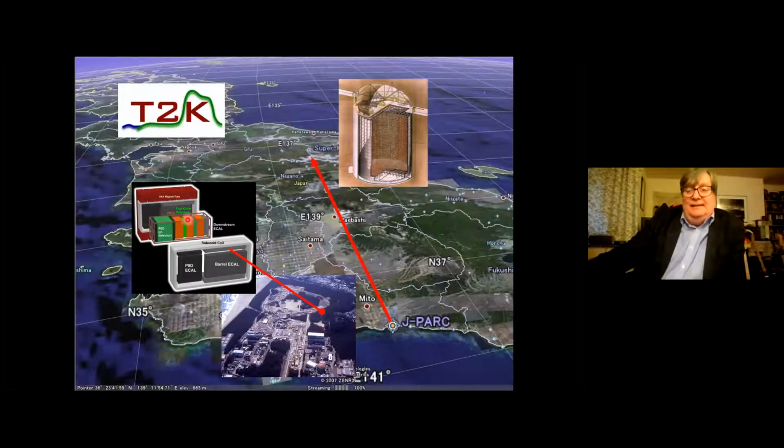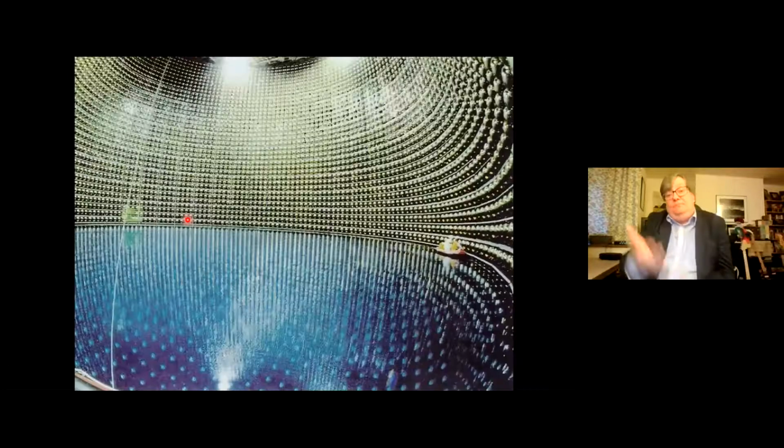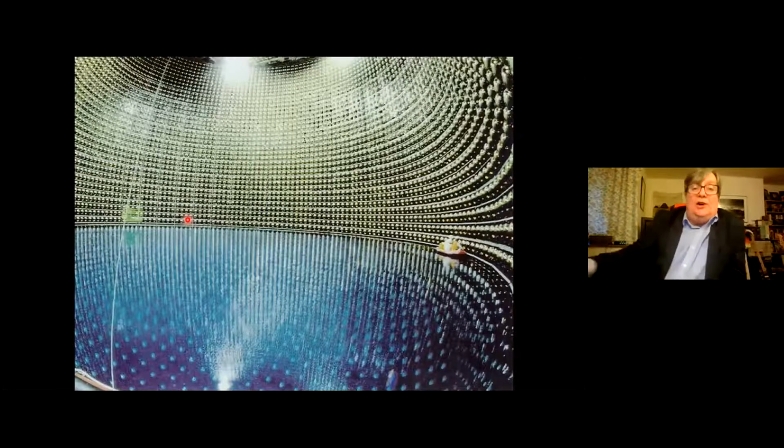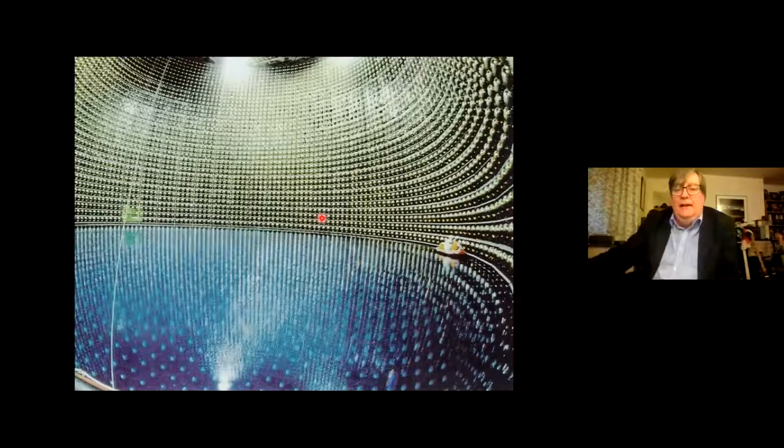The complexity of neutrino experiments is getting similar to the complexity of a collider experiment from the last generation. Okay, and then you have Super-Kamiokande, which is a giant tank filled with water, surrounded by photomultiplier tubes. These photomultiplier tubes are huge. They're 20 inches, 50 centimeters in diameter, sort of the size of an old television set. And here you can see 3 men in a boat to give you the scale of the detector.